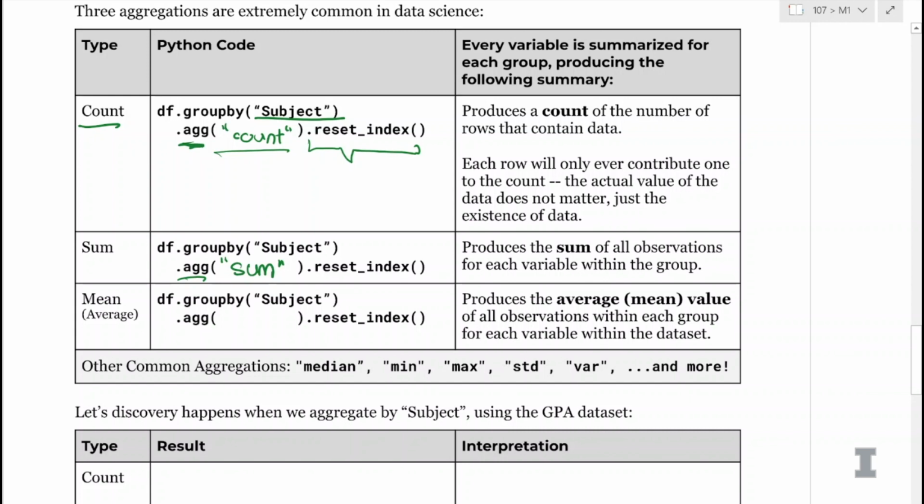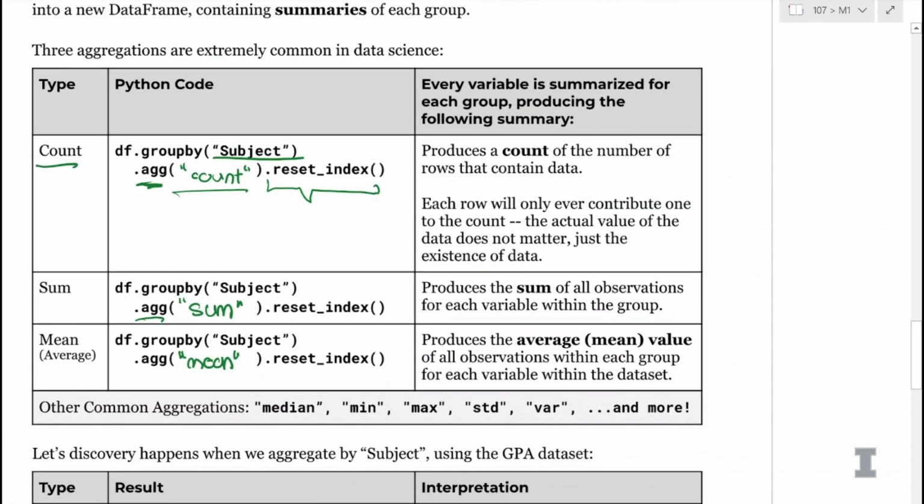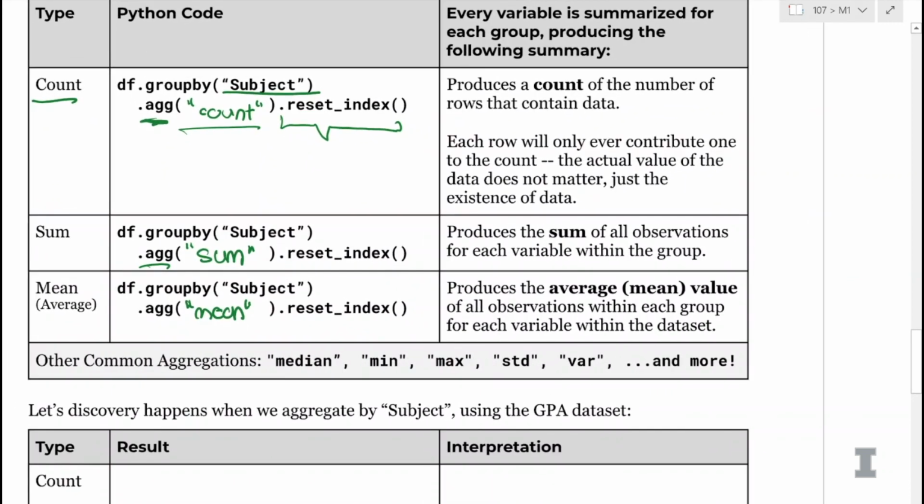Often we don't want the sum, but the third form of aggregation is the mean. We may want to know the sum divided by the count, or simply the average, which in Python we call the mean. So we have a lot of different ways to aggregate the data. We can do df group by subject, agg mean, agg sum, agg count to get different operations, and we can use median, min, max, std for standard deviation, variance, and a whole bunch more ways we can aggregate data. Basically, any way that you've summarized statistics, we can use that in Python to get a summary of different groups.